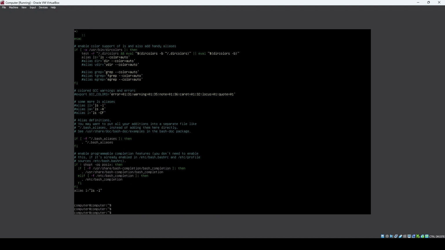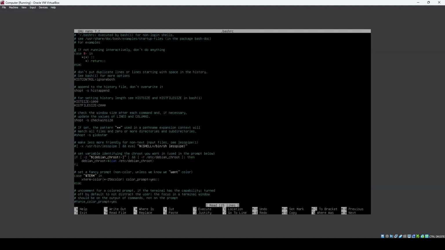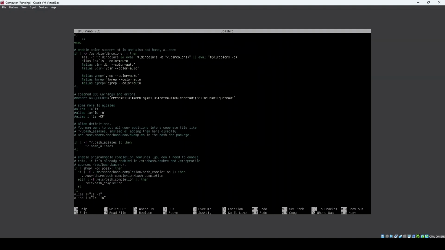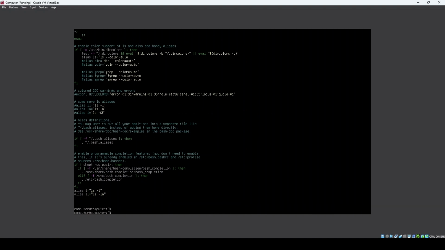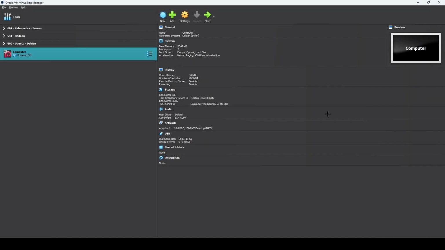And the one we added is at the end, alias l equal ls -l. So next we will do the same, but for ls -la. So double L, enter, and if we do the same command, nano, open the file, at the end we can see the two command lines, exit. So now we will shut down our computer, sudo shutdown now, and we will configure the IP